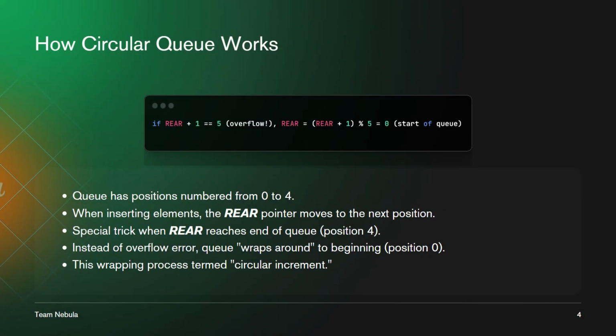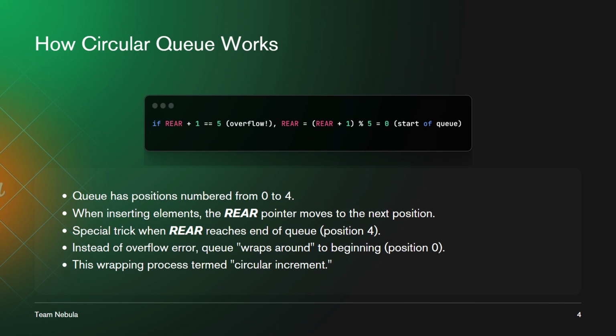So, how does this circular queue actually work? Great question. Let's understand how the circular queue works and what this circular increment means. Imagine we have a circular queue with 5 positions numbered from 0 to 4. When we insert elements into the queue, we move the rear pointer to the next position to accommodate the new